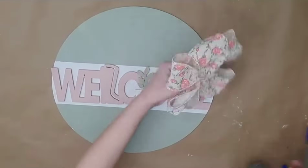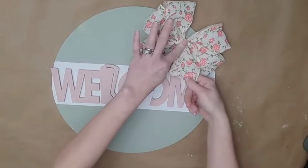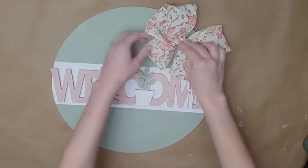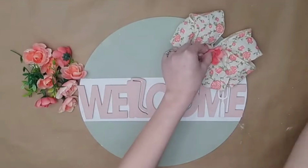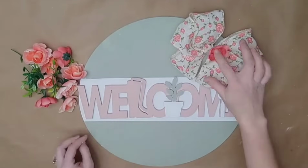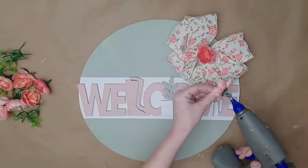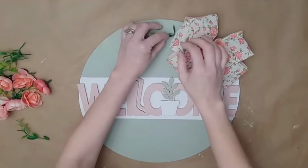I removed the excess of the zip tie and glued my bow down on an angle at the top of my welcome round, being sure to refluff once my bow was attached. I had some of these pink roses in my stash. I believe they were from Walmart last year, but Dollar Tree has gorgeous florals as well, and I'm just going to be gluing a couple of little roses inside of my bow in the middle,